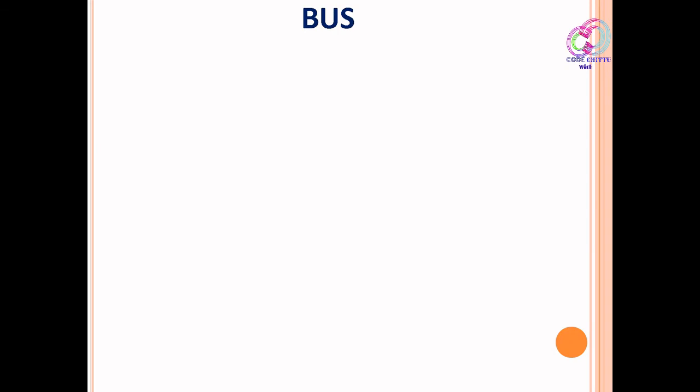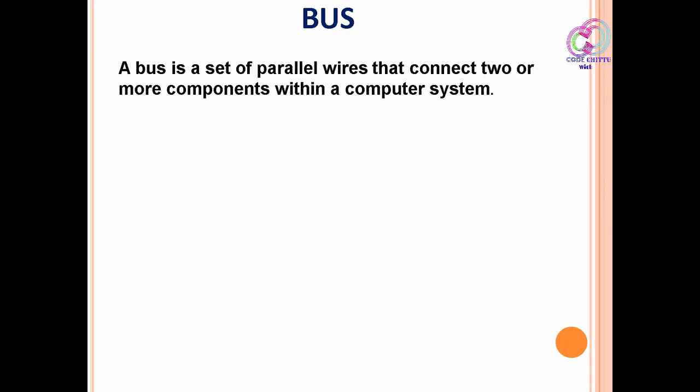Now, the three buses. A bus you can easily relate to a common bus, in which a driver carries us from one place to another place. In the same way, inside the CPU, inside the processor, addresses are transferred from one place to another, from main memory to processor, from processor to register, and data and controls are also transferred. These things are done through the bus. The bus is a hardware path, a set of parallel lines, because inside the processor it is a parallel connection, not a serial connection.